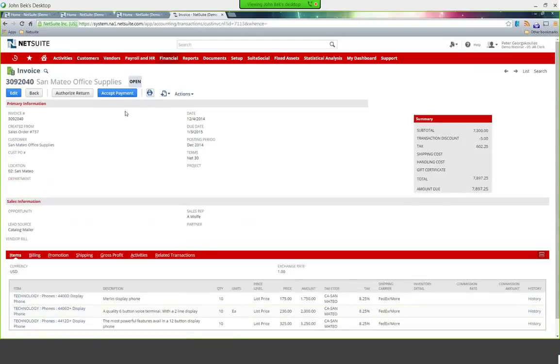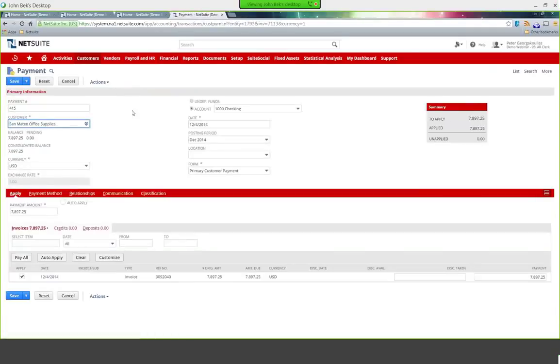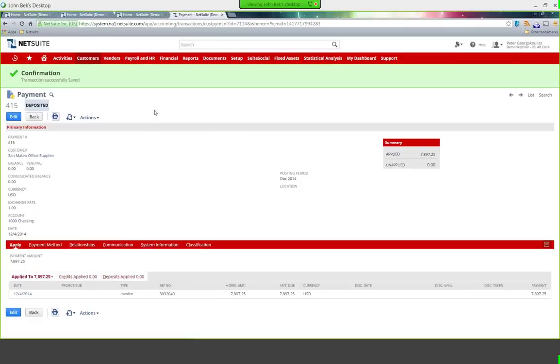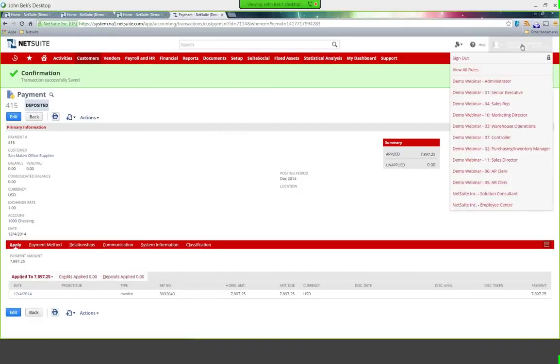And let's assume for the sake of example that they've actually sent us a check. So I can directly click on the invoice and accept the payment directly from here. The amount of the invoice is automatically populated in. If I had additional invoices that the customer was paying, they would be listed out here, and I could simply override the payment amount and save that payment, and I would be done with that transaction, and that invoice would be paid. So that is a quick lead to cash flow.